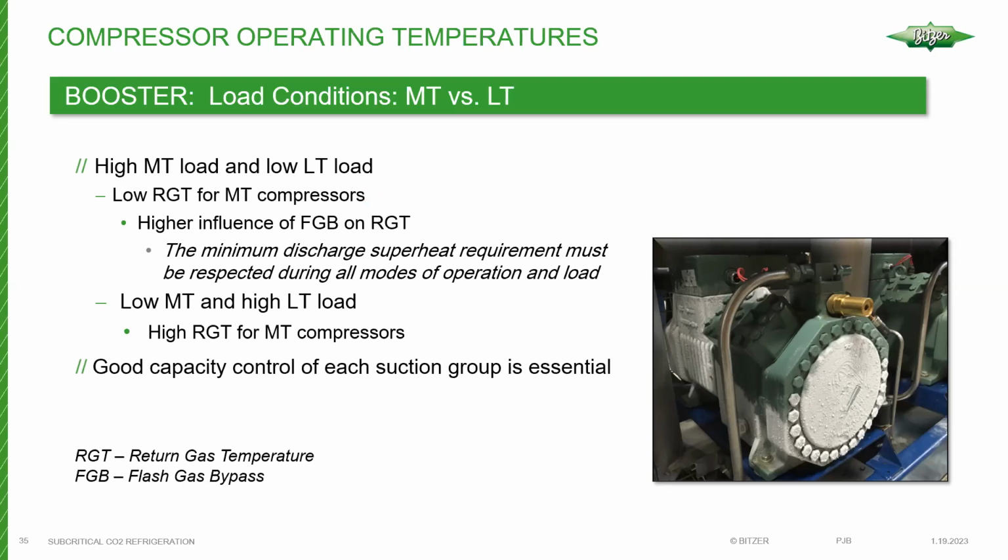CO2 systems of the booster type generally use a flash gas bypass circuit, which vents high pressure vapor from a receiver into the medium temp group. But as it does that, when you have a pressure reduction of the vapor, oftentimes liquid will form. It's very normal to have, say, 1, 2, 3% liquid formation in that bypass, and that's being dumped into the suction line. And you may recall from our last session that one of the challenges with CO2 is that a droplet of liquid leaving the evaporator, for example, has a very high latent heat. In this case, it'll be leaving the receiver. It has a very high latent heat,